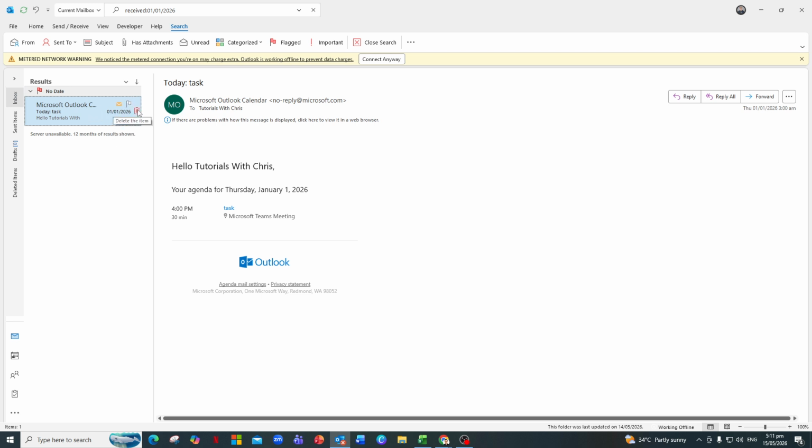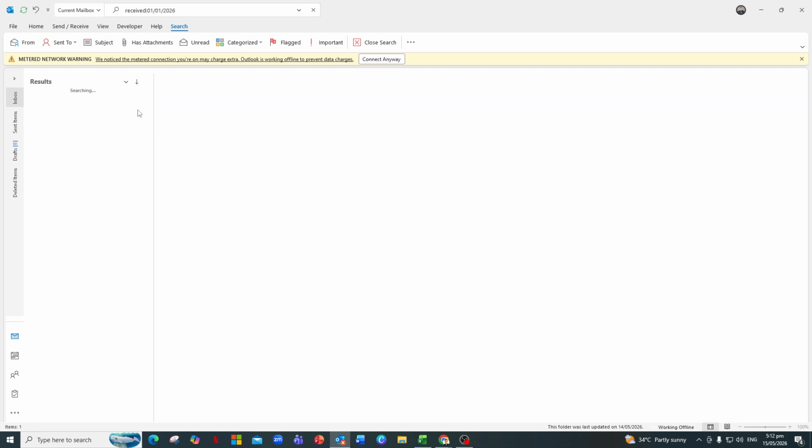Before deleting anything, consider whether it should be archived instead. Archiving moves emails out of your main folder but keeps them available if you need to search for them later. This is useful for messages related to past projects or records you might want for reference, but don't need cluttering your day-to-day view. Drag those messages to your archive folder, or use the archive button if it's available in your